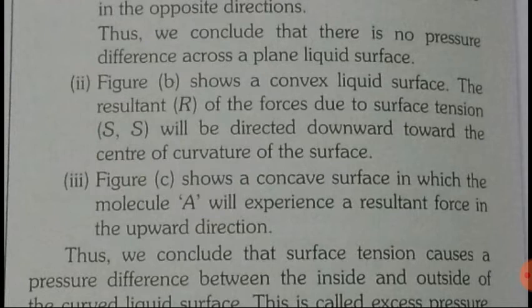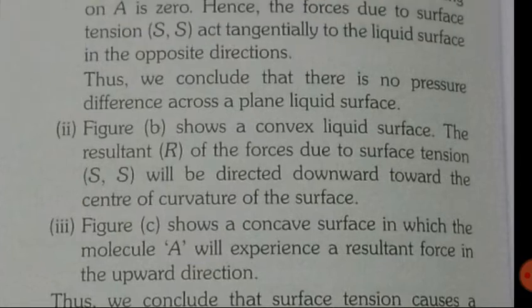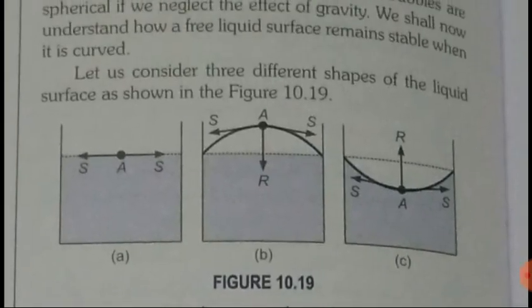Then in the third figure we have a concave surface in which molecule A will experience a resultant force in the upward direction. When so many molecules are present below and they attract the molecule A on the surface, we can imagine that the pressure inside the liquid is very large in comparison with the outside,